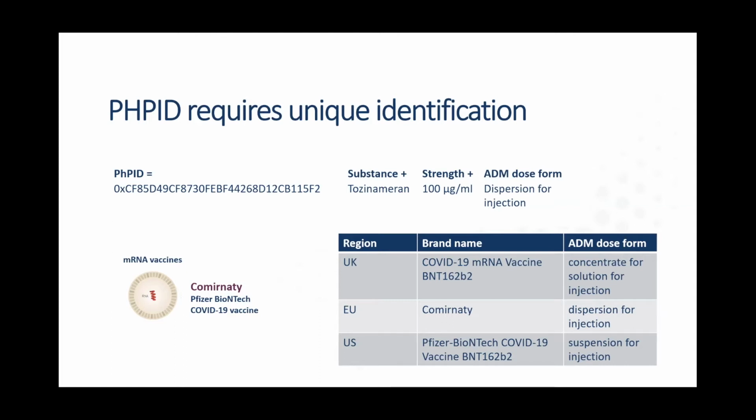And there are also similar differences seen for the strength for the AstraZeneca and Janssen COVID vaccine in different regions. So if we would use these different strengths and different dose forms for the PHPID calculation, we would not have identical PHPIDs for the same vaccine. So here, I think we have a real challenge. So if we go to the next slide,